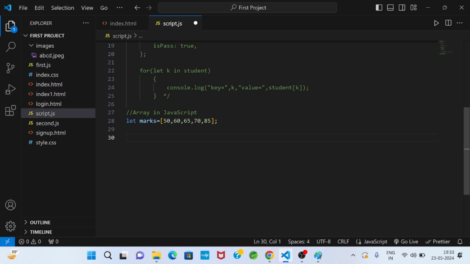I think in my last class I already did this type of problem statement. So for series summation, output variable equals 0: let sum = 0. Then I will take a for loop.